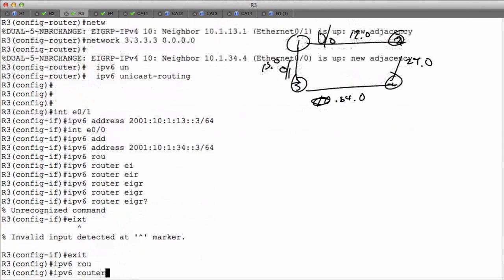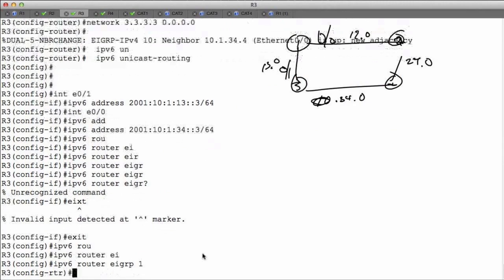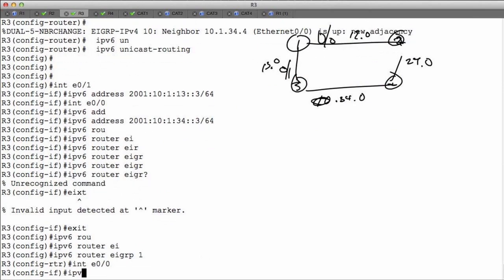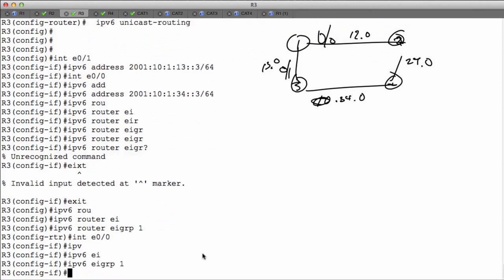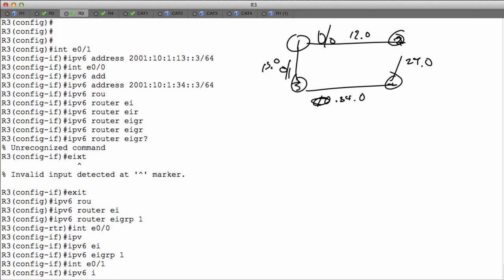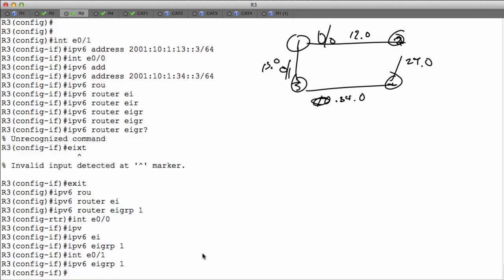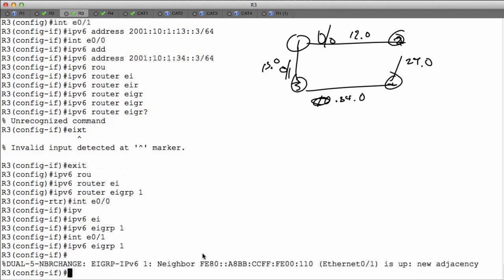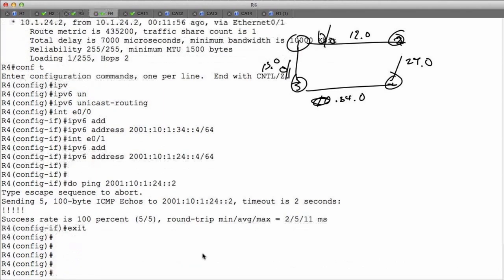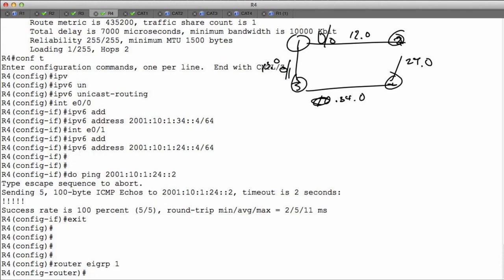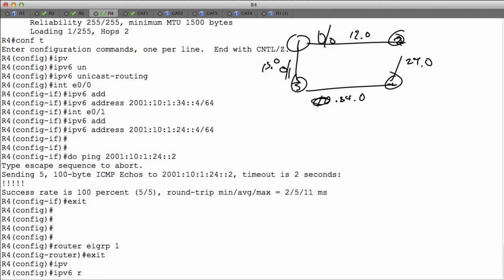IPv6 router EIGRP1. All right, now what I'm going to do is go to interface 00, IPv6 EIGRP1, interface E01, IPv6 EIGRP1. And then what we'll do now is we'll move into this and start taking a look at what's happening on R4, where here I'll say router EIGRP1. I'm sorry, that's not what I wanted to do. I want to say IPv6 router